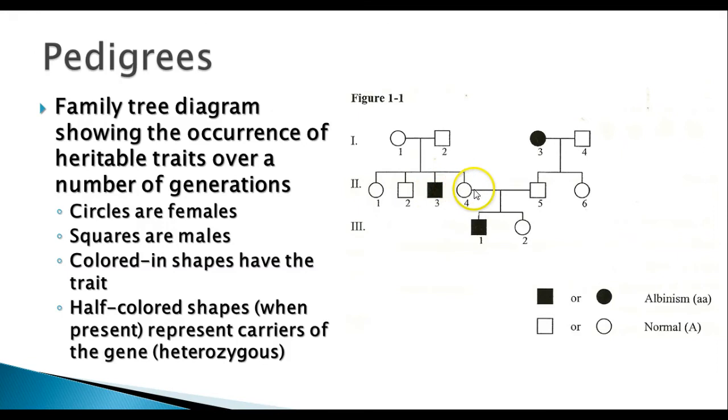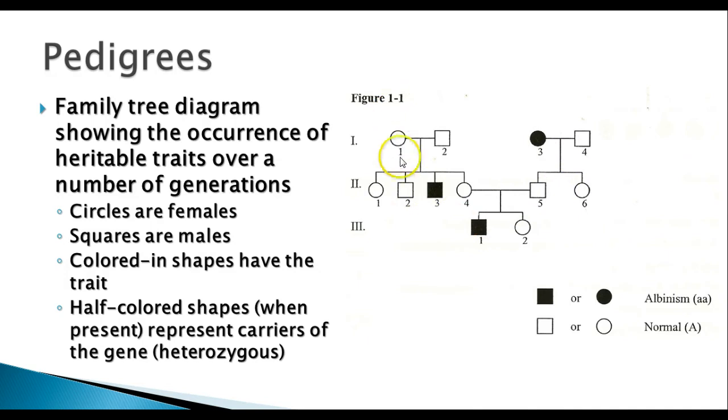So here we have the second generation, where we have the daughter here and the son, who has one parent that's albino, and they have one of their offspring, so you know that they both have to be heterozygous as well. This one would have to be heterozygous, because the mother, since she's homozygous recessive, can only donate the lowercase, recessive allele, whereas the father we don't know whether he is homozygous dominant or heterozygous, but he passed on obviously that dominant allele to his son.